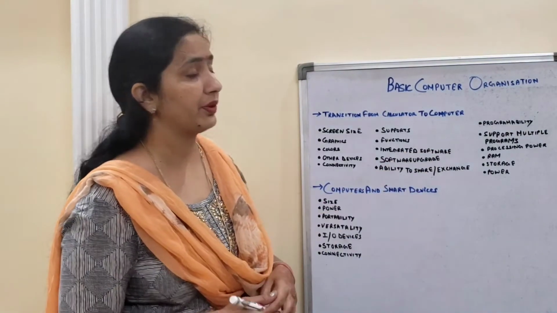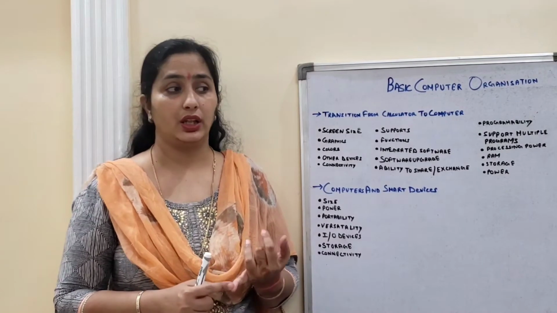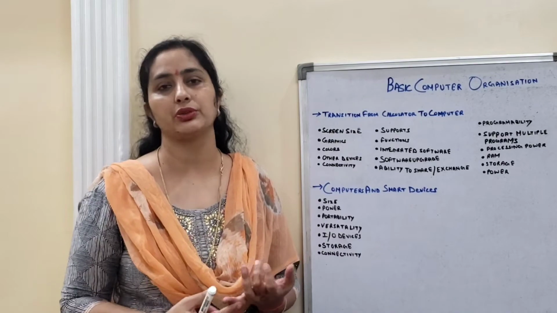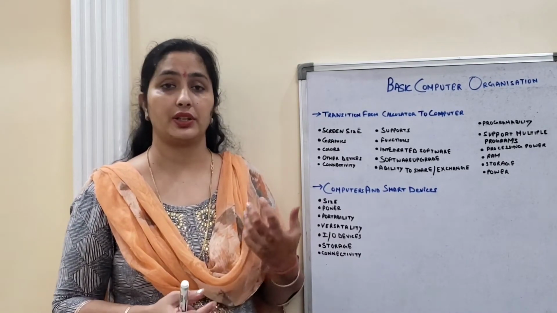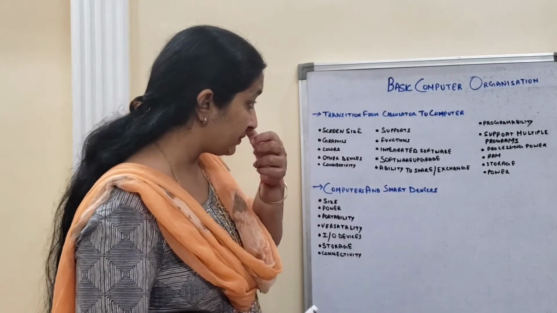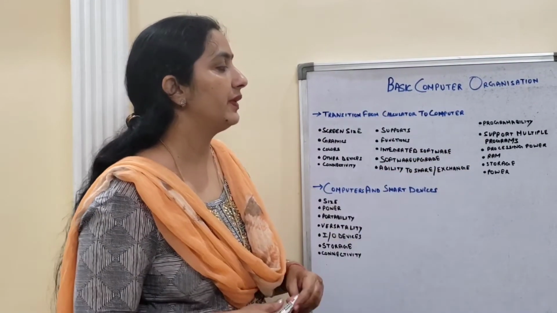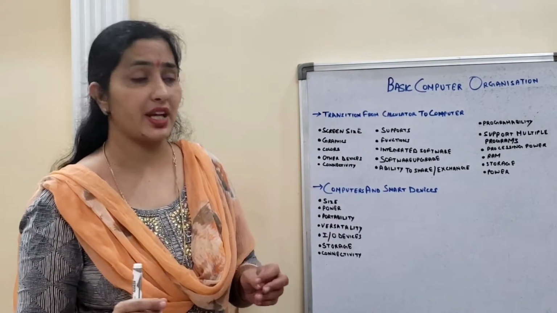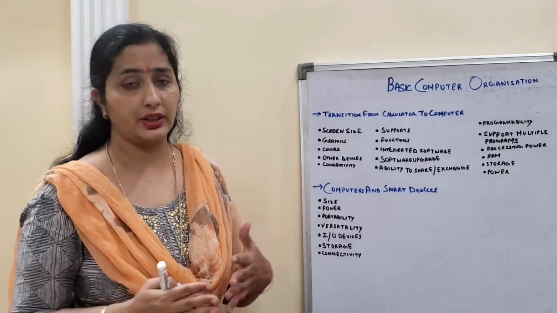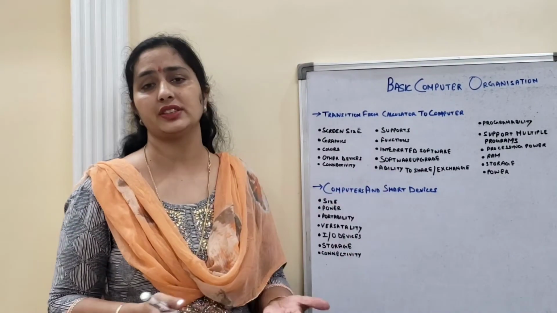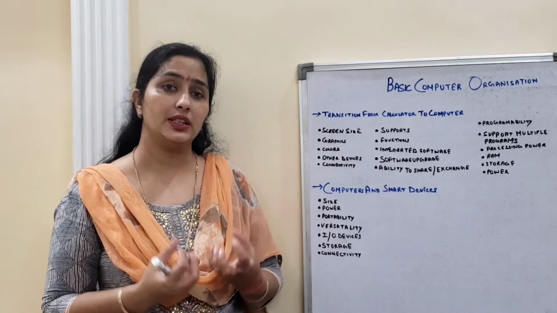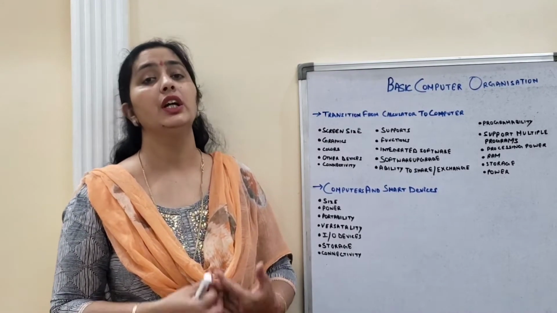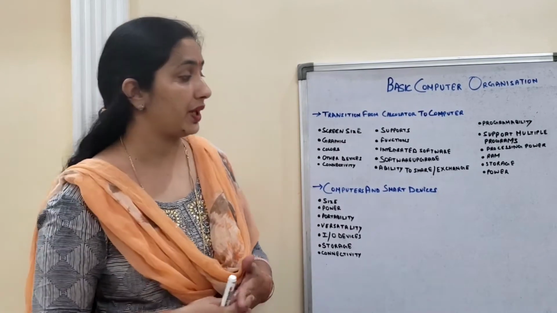Next is support for multiple programs. You can have date and time in a computer, you can have the internet, and many other kinds of programs, whereas in a calculator you have only the calculations. Next is processing power. Processing power is just in megabytes in a calculator, whereas in a computer it is in terabytes. RAM, again, you will find the difference. Even in storage you will find the same difference: a calculator has very little storage and RAM, in MBs, whereas in computers we can store data up to terabytes.